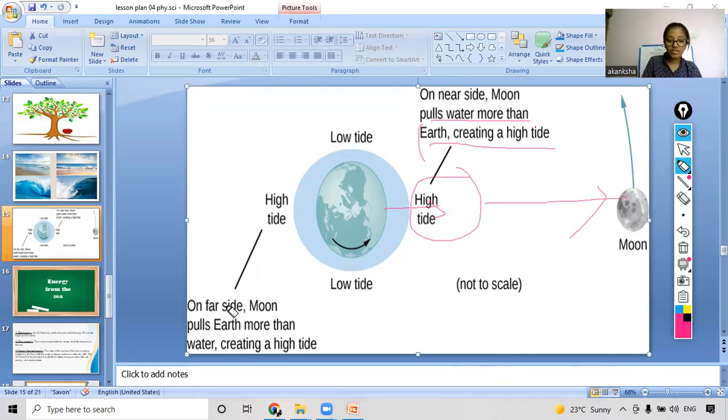So here, high tide occurs sometimes on the far side of the moon, where the moon pulls the earth more than the water, creating a high tide. So what is the reason for high tide? The gravitational pull caused by the moon. And low tides are